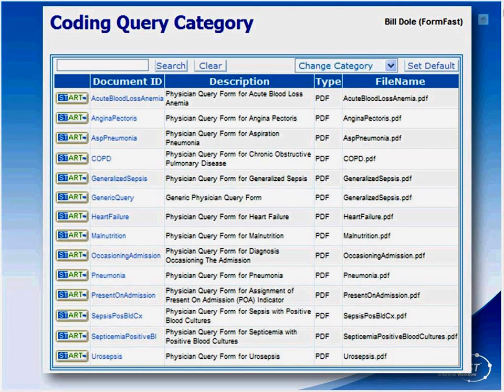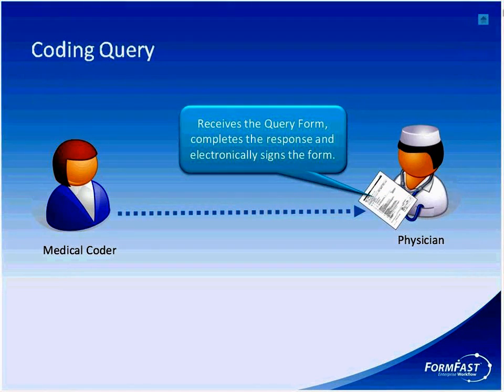All of these forms now have specific information that may need to be validated or filled in by a physician to make sure that we capture proper information or submit that